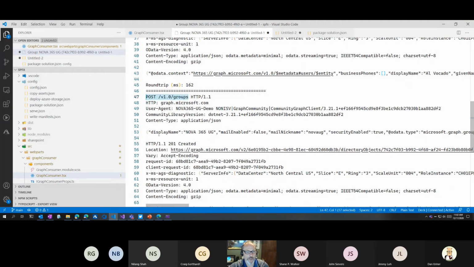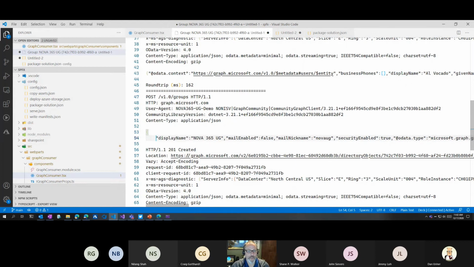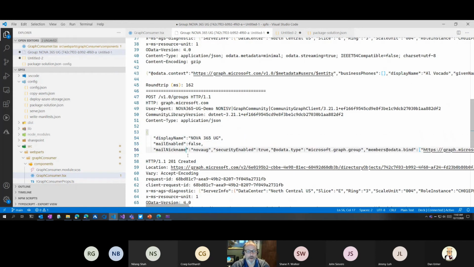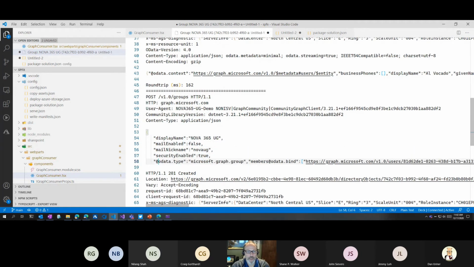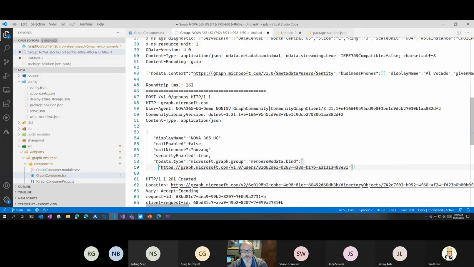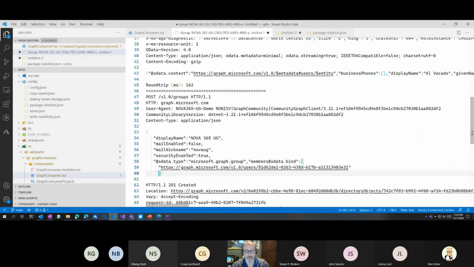And if we look here at the data that gets sent, there's the name, and all the information that was in my code, you'll see is here. Oops, let me fix that. And then here is this member, right? So here's the list of members. And if I look here, notice now that it has Al. It doesn't say Al at scdev. It uses the GUID that represents Al. And I can see that was the response.